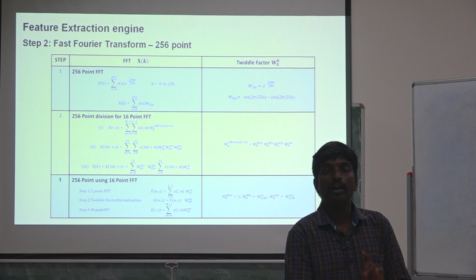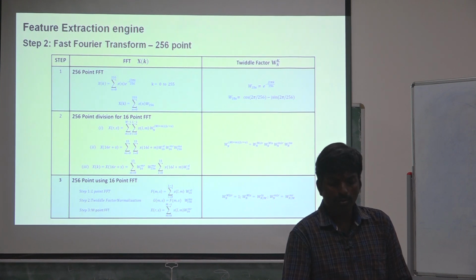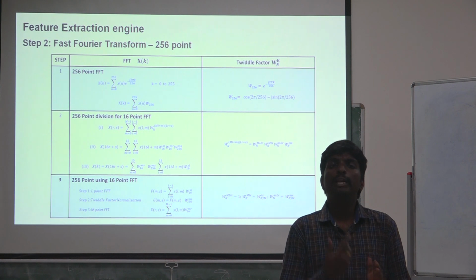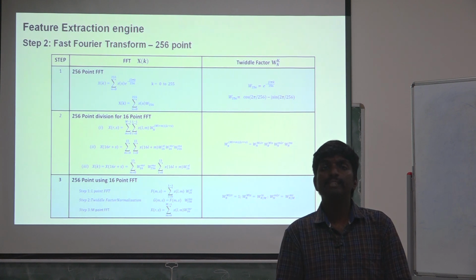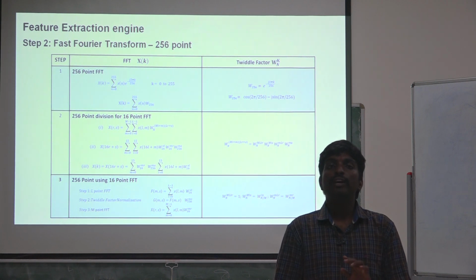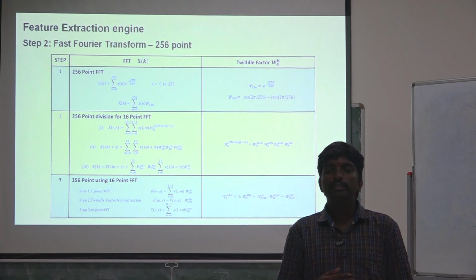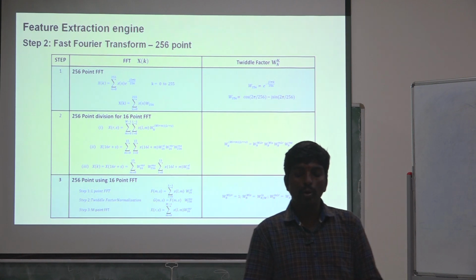So this is the first observation we got for the FFT functionality. Definitely we need to buffer all the inputs until the 192nd sample is reached for the 256-point FFT, which is for 8 kilohertz, or else it's 400 minus 16, which is actually the 384th sample for the 16 kilohertz sample.